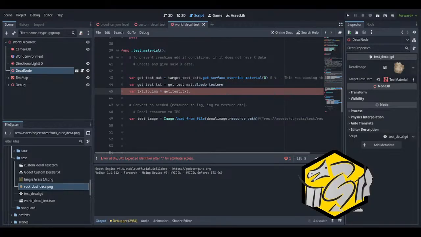I don't remember. No, I can just use the get image.